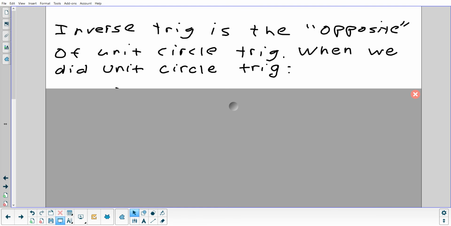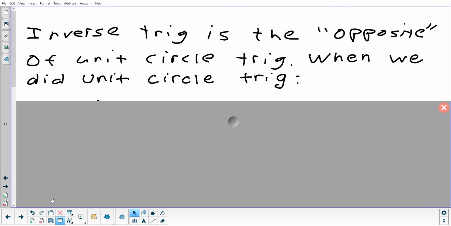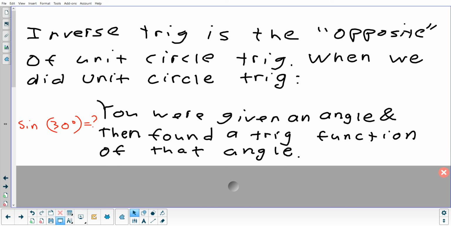All right, so this is just kind of summarizing again what I already told you. What we're doing this week is basically the opposite of last week. This is the kind of problem you would have seen on the test last week. I would have given you a trig function, given you an angle, and then said to you, what's the